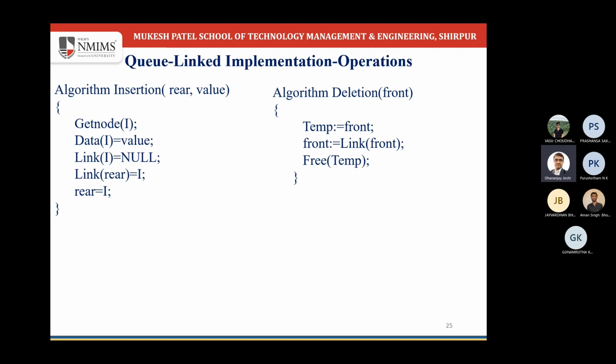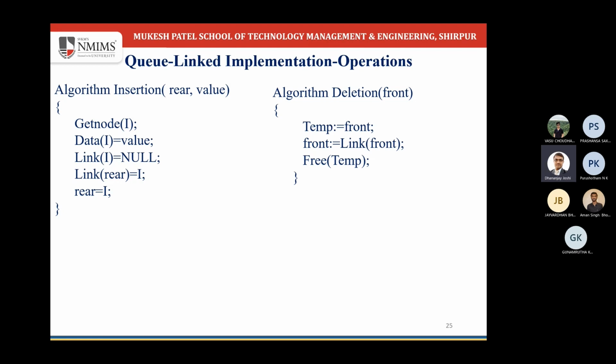नोड क्रिएट होगा उसकी लिंक फील्ड में हमें नल स्टोर करना पड़ेगा, ठीक है। और ये जो पहले रेयर एलिमेंट था जिसकी लिंक फील्ड में नल था, after insertion उसमें नए नोड का एड्रेस स्टोर करना पड़ेगा, और रेयर जो है रेयर पॉइंटर में लास्ट नोड का या रेयर नोड का एड्रेस होता है, तो इस नोड के प्लेस पे रेयर में हमें इस नोड का एड्रेस स्टोर करना है।